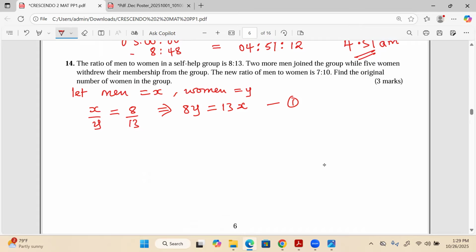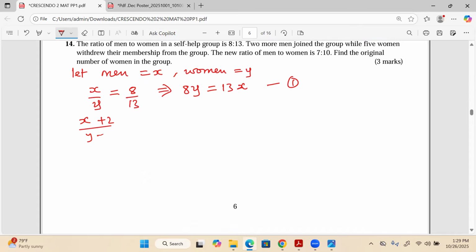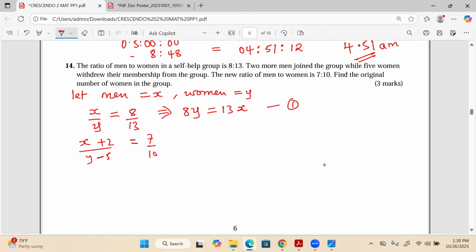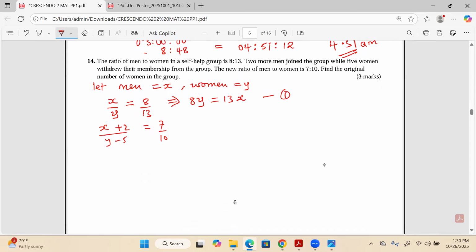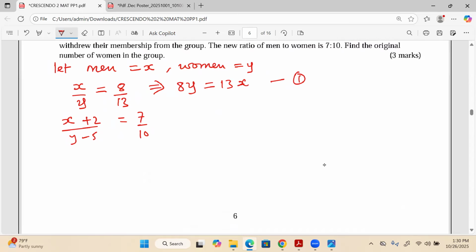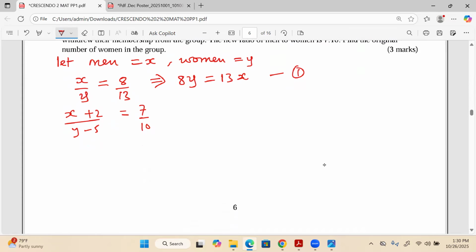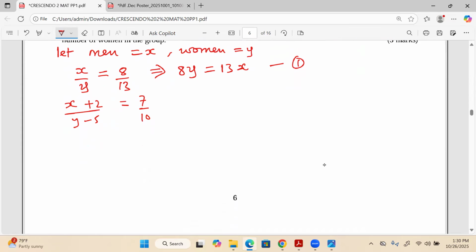Then again, we are told that 2 men joined. So x became 2 more. And some women withdrew. How many women? 5 women withdrew. Minus 5. This now gave us a new ratio, 7:10. So 7/10. Look at that, 7 out of 10. So with that, now we can get a second equation to relate the same self-help group. So we cross multiply and we shall have